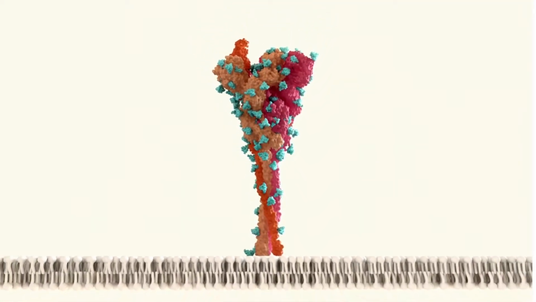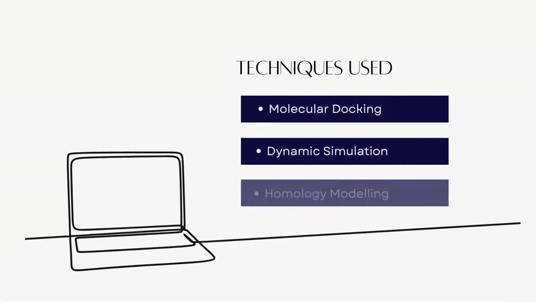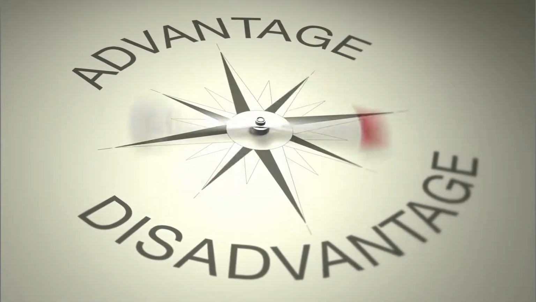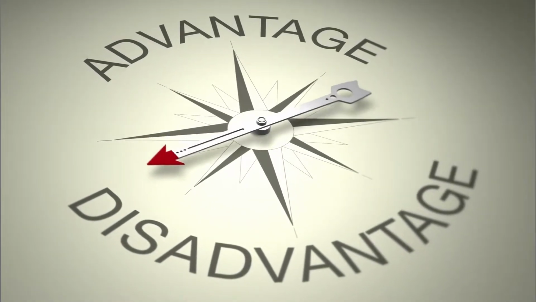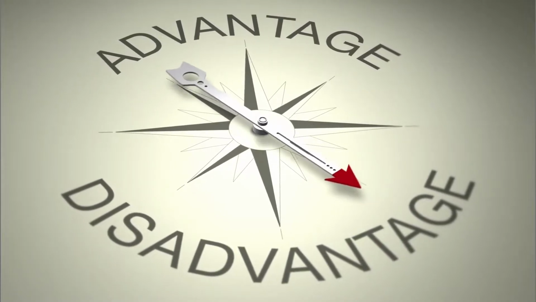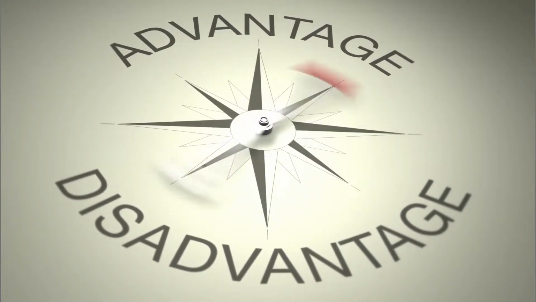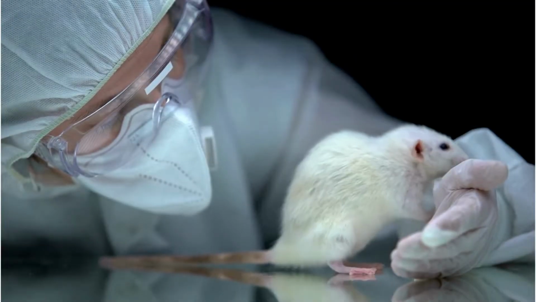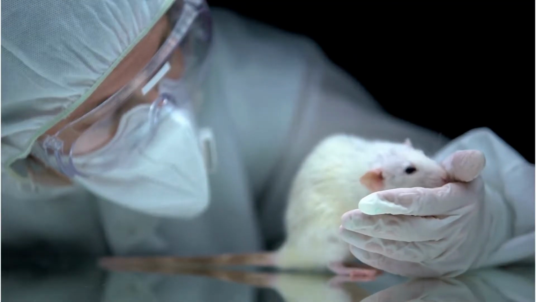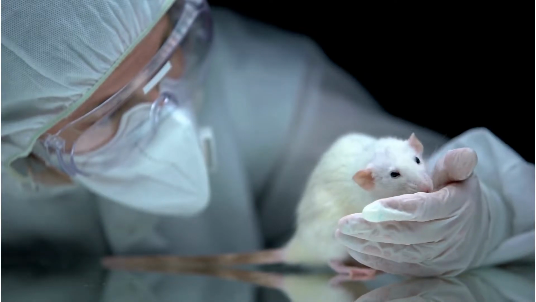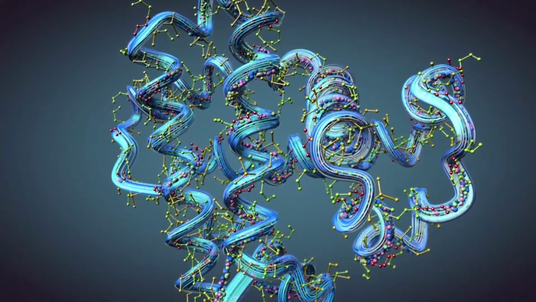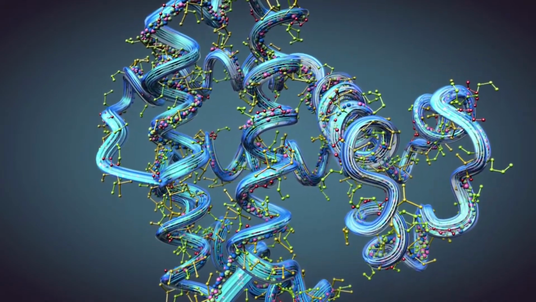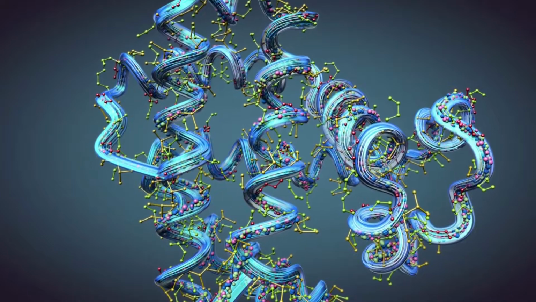Several techniques are used in this approach, which includes molecular docking, dynamic simulation, and homology modeling. In spite of the various functions of the application of bioinformatics in predicting vaccine candidates, it also presents several limitations. First, bioinformatics tools are unable to determine the suitable animal model that can be used in the testing of vaccine candidates. Secondly, bioinformatics tools can only identify and analyze the protein as a molecular target compared to the conventional approach